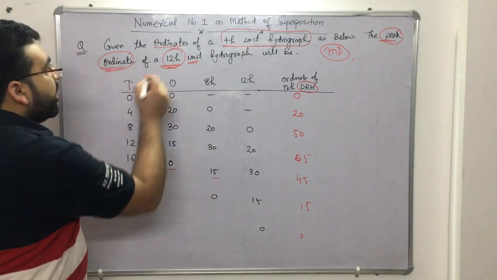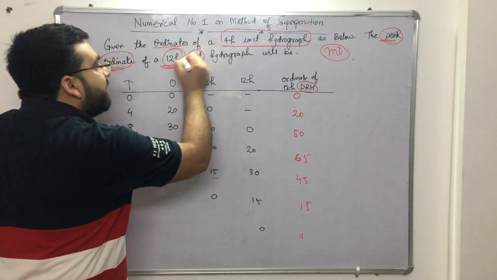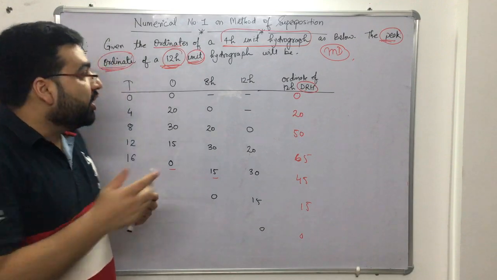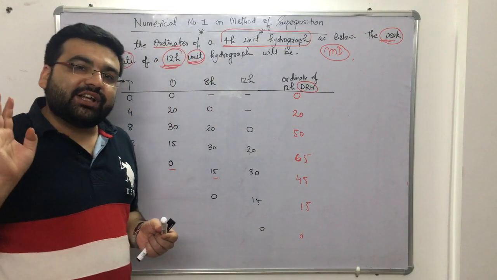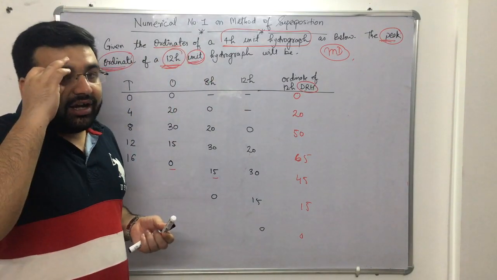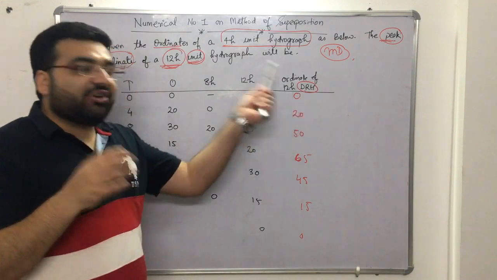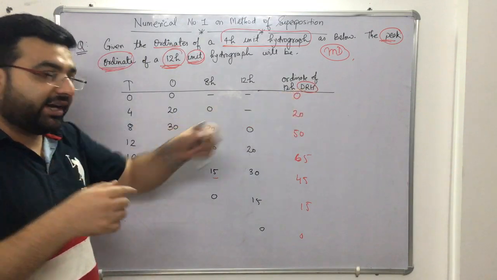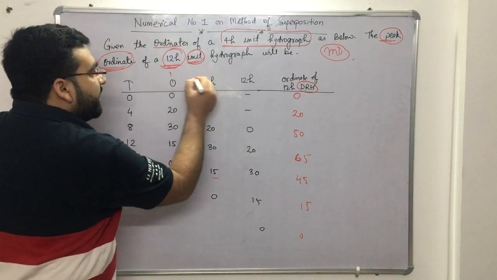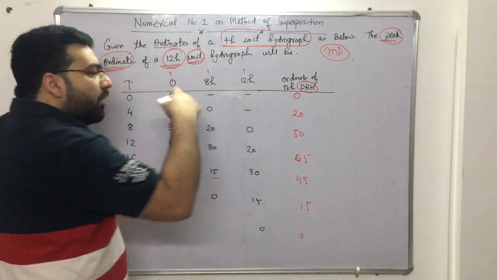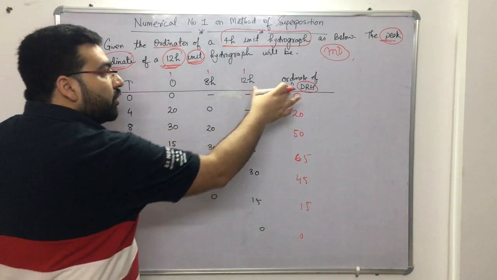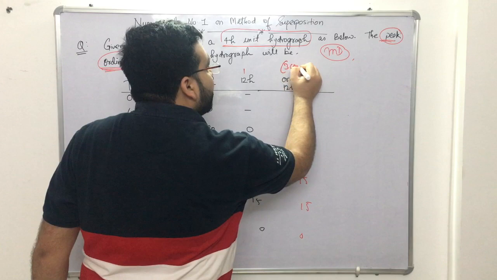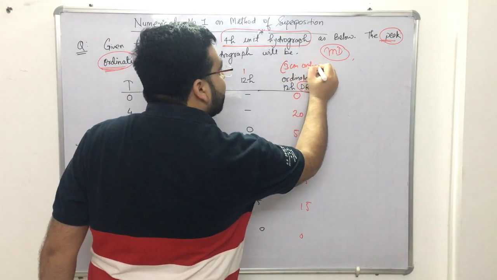But in the question, the 12-hour unit hydrograph has been asked. In some questions I have seen in the GATE examination, unit hydrograph ordinates are not asked. It is directly asking you about the flood hydrograph or the direct runoff hydrograph, right? At that time you don't have to divide the ordinates by 3 or anything. But this is 1 centimeter, 1 centimeter, 1 centimeter, or 1 unit, 1 unit, 1 unit. So the ordinates of a 12-hour hydrograph will be 3 centimeters or 3 units.